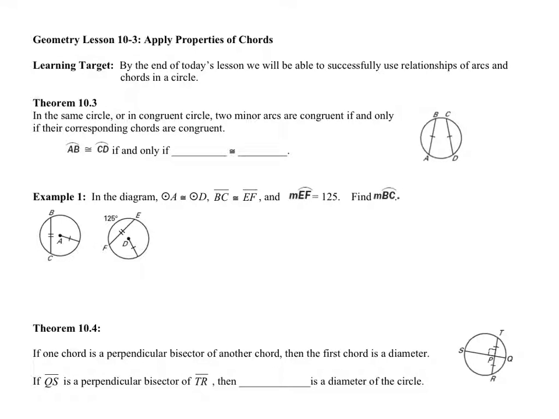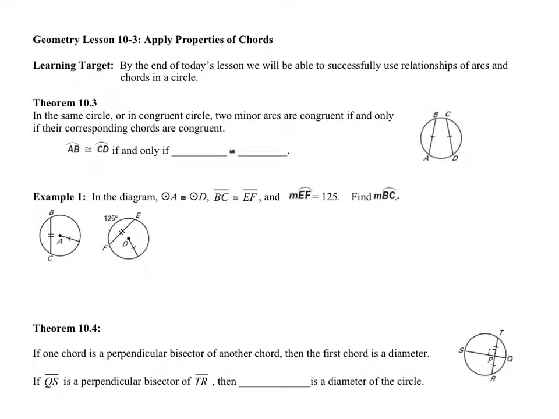Lesson 10-3. Apply properties of chords. By the end of today's lesson, we'll be able to successfully use relationships of arcs and chords in a circle. Theorem 10.3 states that in the same circle or in congruent circles, two minor arcs are congruent if and only